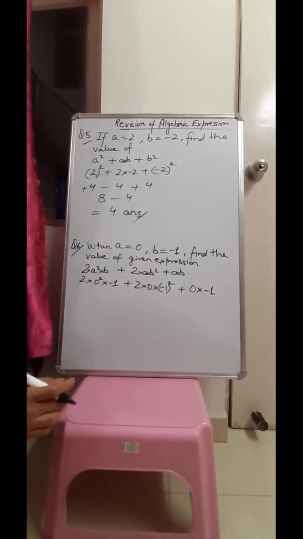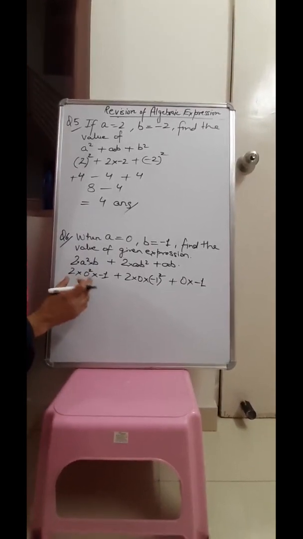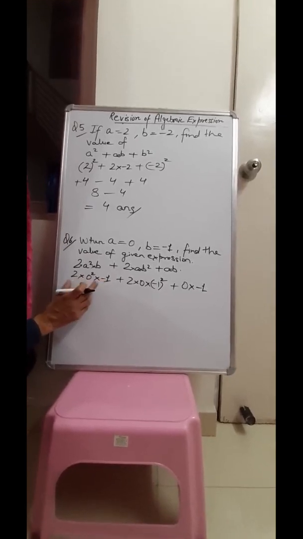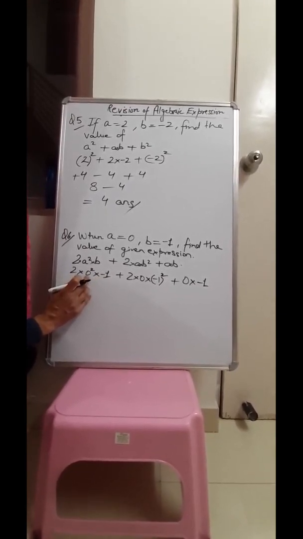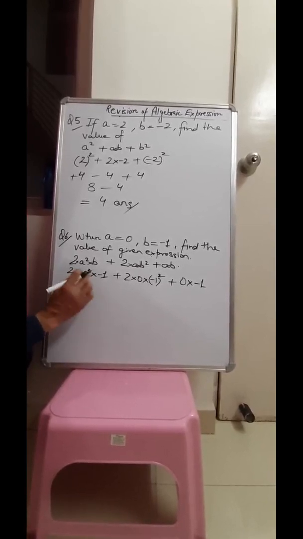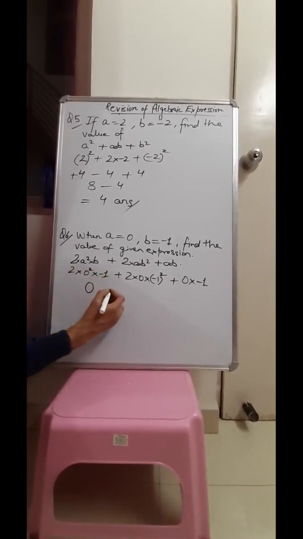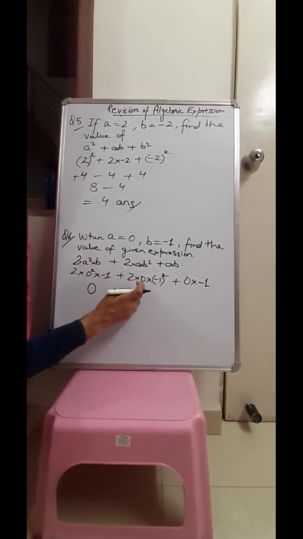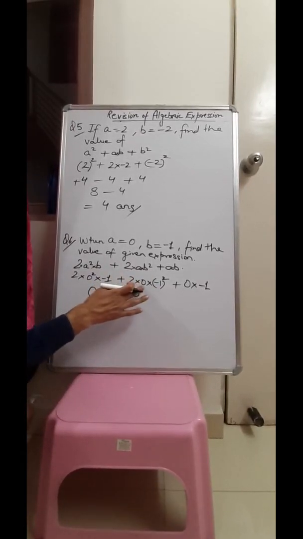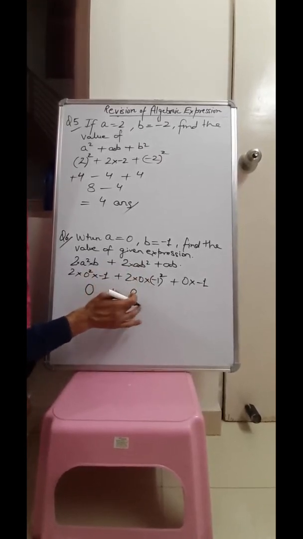So students, in any term, if the value of any variable is 0, we have to multiply 2 with 0 and multiply with -1. So if any variable has the value 0, straight away you can write it as 0 here, because 2 zeros are 0 and 0 times -1 is 0. And here also in the second one, 2 multiplied by 0 is 0, 0 multiplied by -1 gives you 0. No need to solve the powers, because here you have to multiply with 0. So any number, any powers, when multiplied with 0 you will get 0 only.